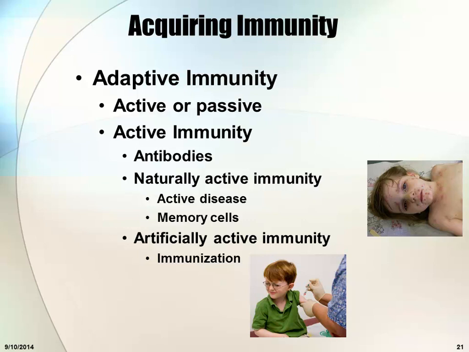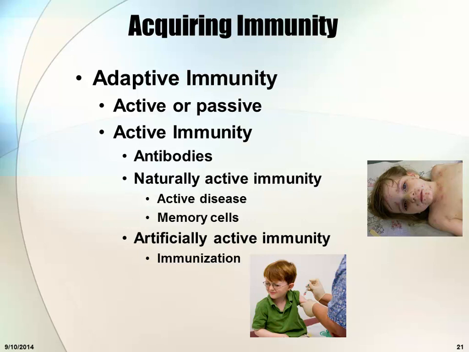We have natural ways to protect ourselves. We have active ways to protect ourselves. We have passive ways to protect ourselves. And then under active, we can get it either naturally or artificially. Same thing under passive. We can get it either naturally or artificially. So let me keep on going, and hopefully it'll be clear to you by the time I finish. So when we look at active or passive, we're going to look first at the active group. This is where the body actively responds with antibodies. And so when we look at the first group, naturally